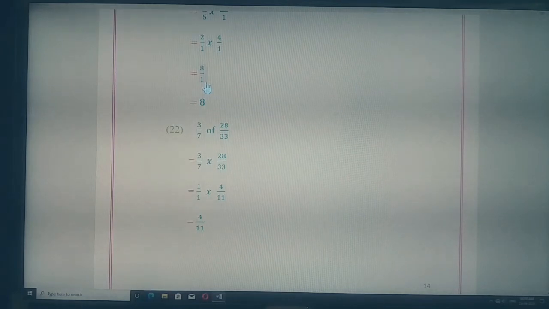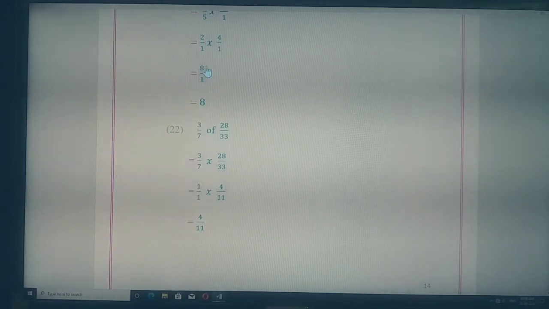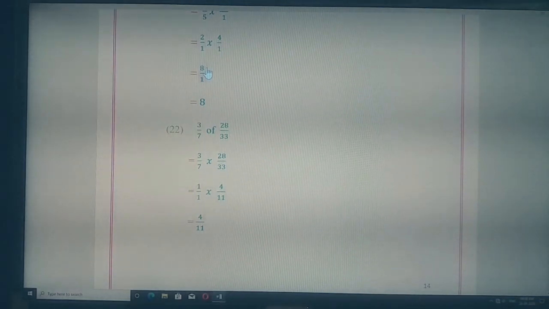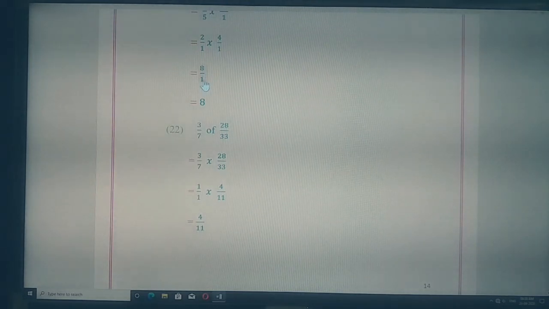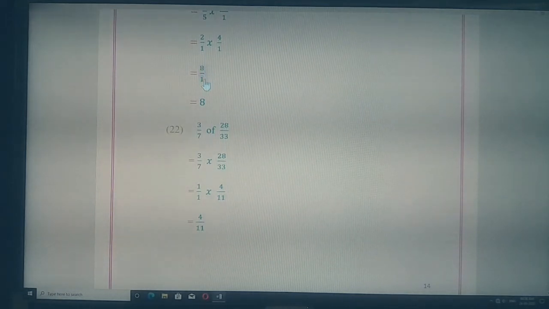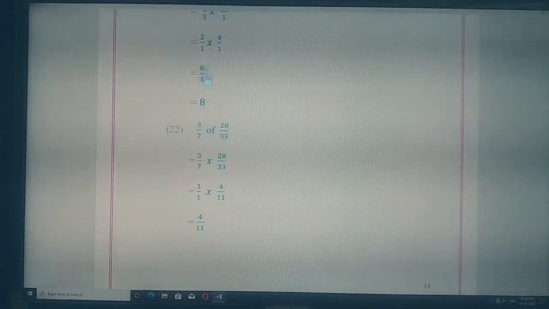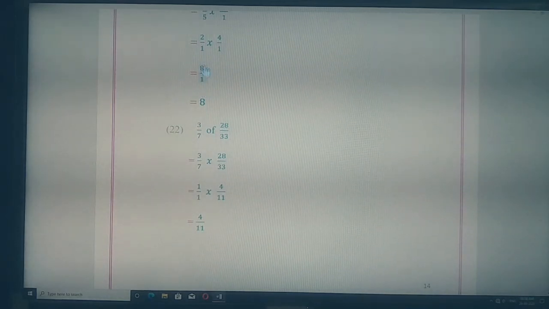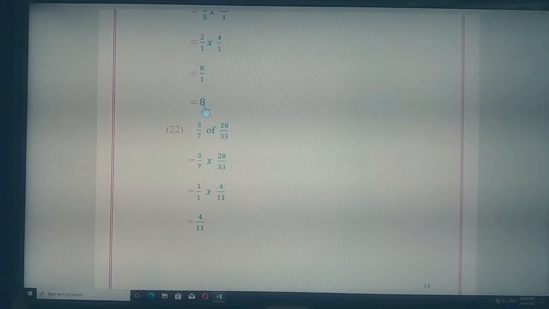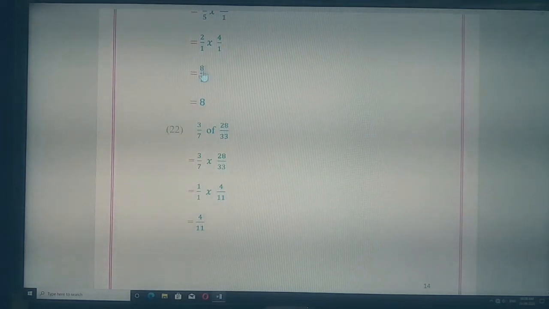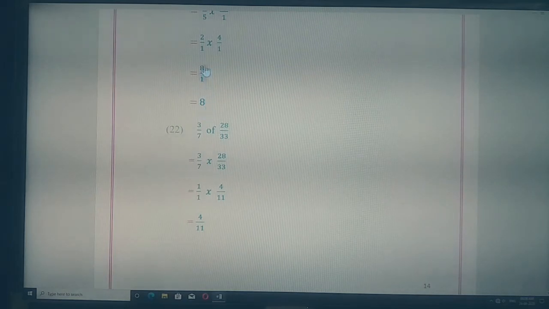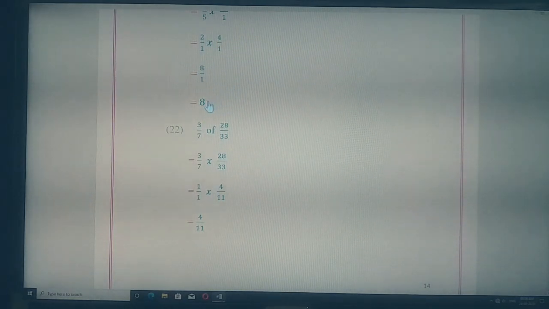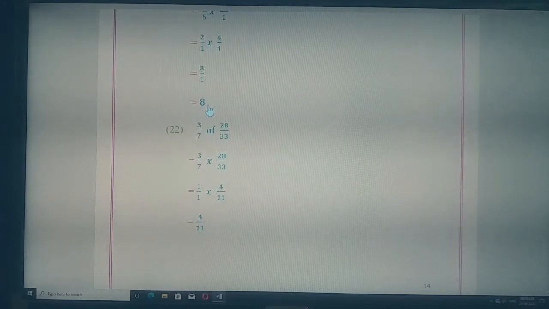And whenever 1 is there in the denominator, we have learned previously in the first chapter on integers, that when two integers are divided and if we do division by 1, it means the numerator will be the required answer. Division by 1 will always remain the original integer written in the numerator. Here 8 upon 1 is a fraction, but we can take it as a division form also. 8 is divided by 1. The answer will be 8. Final answer will be 8. Whenever 1 is in the denominator, it means the original number written in the numerator. 8 can be written as 8 upon 1 also, or 8 upon 1 we can write as 8 also. Final answer is 8.